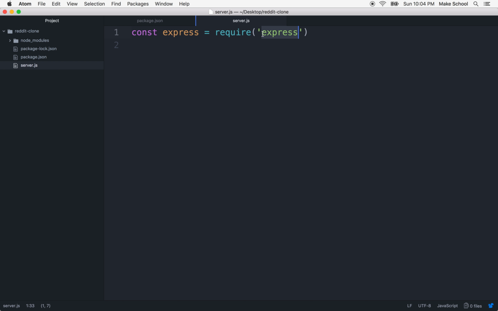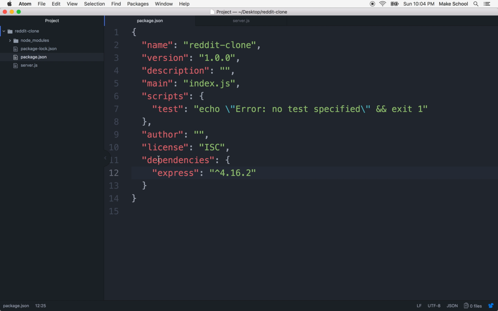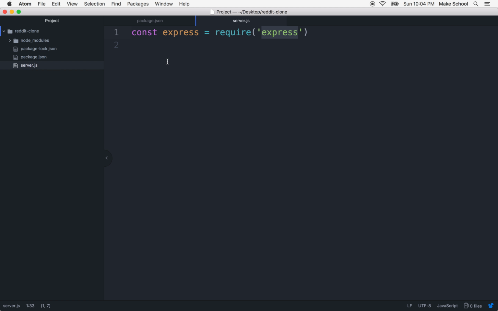If the file that you name is the name of a dependency that you imported, like we did with package.json here, the express dependency, it's actually existing in this folder called node modules, and you don't have to include a path for it. Normally, you'd want to do something like this and say the folder name. But if it's one of the dependencies in package.json, you can just say the name of that dependency. So anyway, there we go. So this imports Express, and now what we want to do is